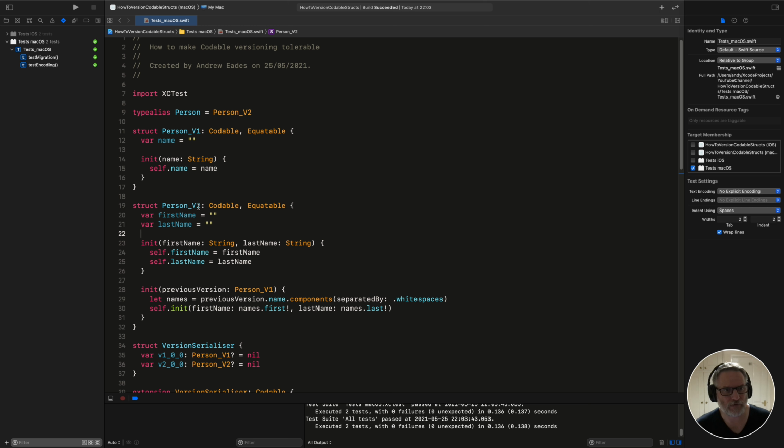So we made a version 2 of the struct, and the current version of Person is type aliased to Person2. These are all just normal structs. The only difference is that version 2 is able to take a version 1 and compose a new version 2. You make assumptions here, and it's not going to work for everything. This is really quick and dirty, but basically we're converting our single string name into 2 separate things, first name